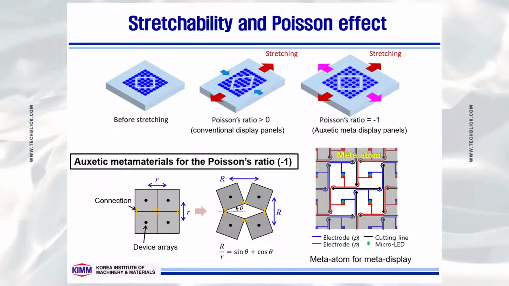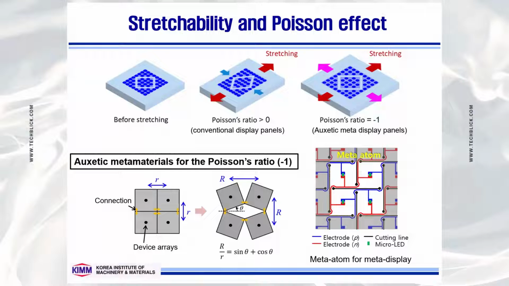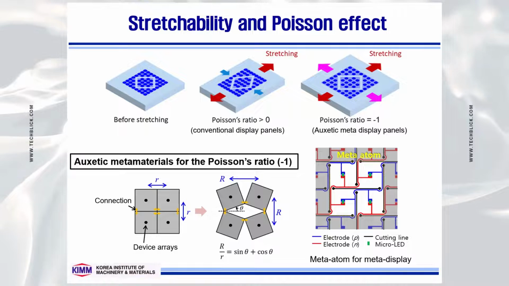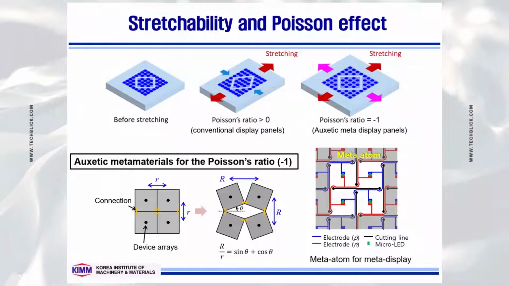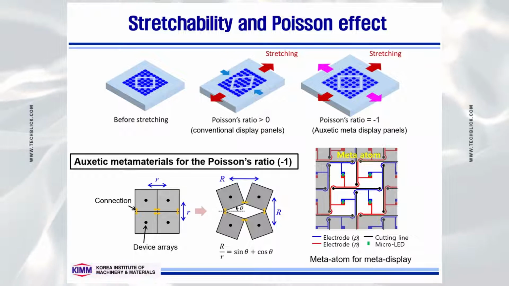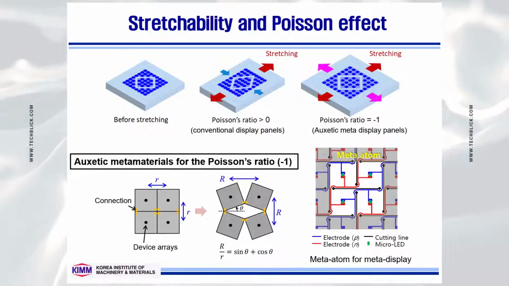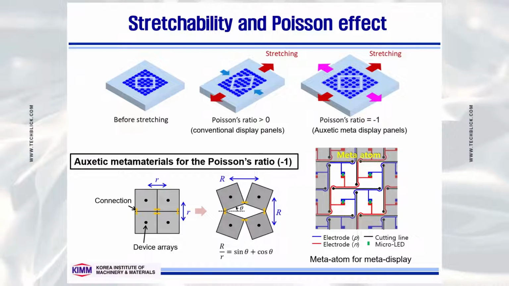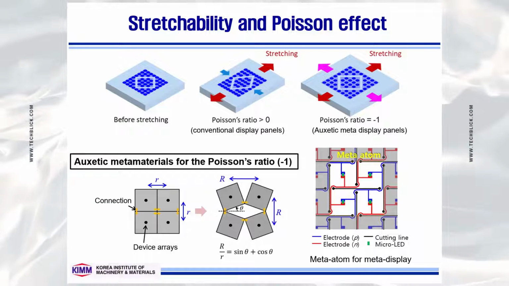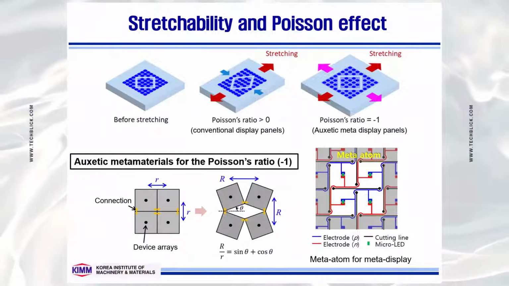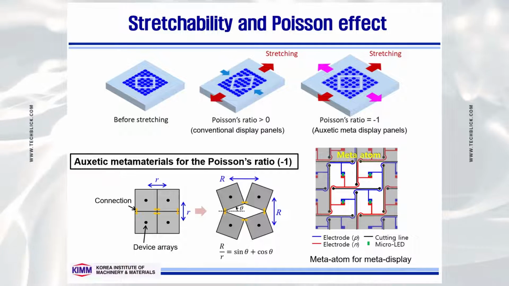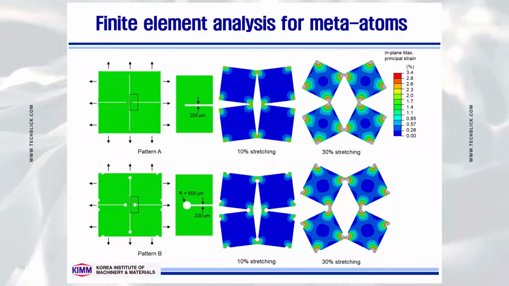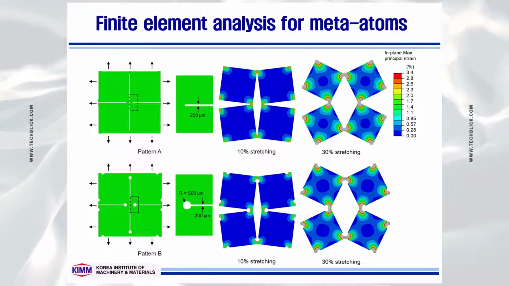This shows the meta atoms for meta display. The blue line represents the positive electrode. The red line represents the negative electrode. And the black line represents cutting lines, and green rectangles represent micro LEDs. This slide shows finite element analysis for stretched meta